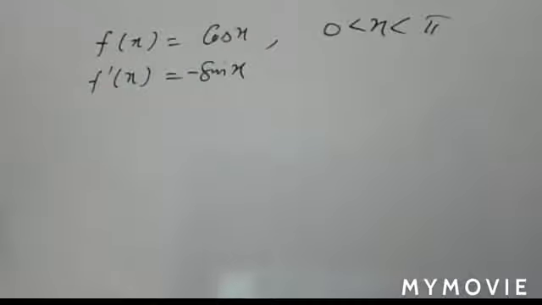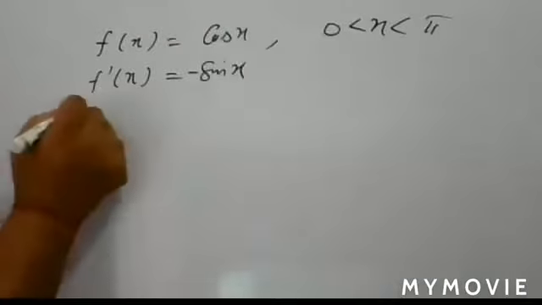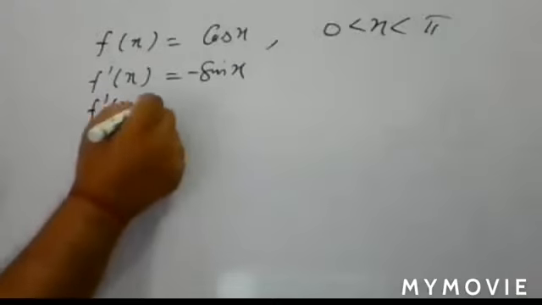Understand? Now how do you solve this type of result? How are you saying that it has neither maximum nor minimum value in the entire interval? So first you find the value of f dash x. f dash x equal to 0. So this implies